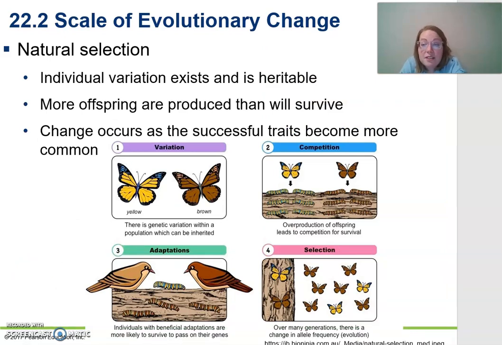Okay, so now let's look a little bit more at the three ideas of how natural selection occurs. So first, you have genetic variability through different alleles, and that can get passed on. It's heritable. Second, more offspring are produced than will survive. And then third, the traits that allow those individuals to be more likely to survive will be passed on and become more popular in the population. So it makes a lot of sense. You can pass on genes, lots of offspring are produced, not all of them will breed. The more successful will breed more, you'll have more of their genetics in the future generations.